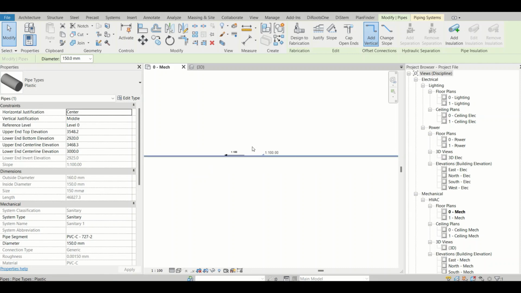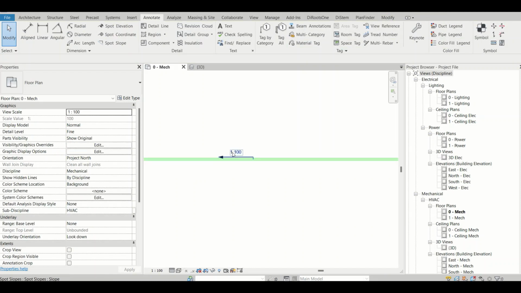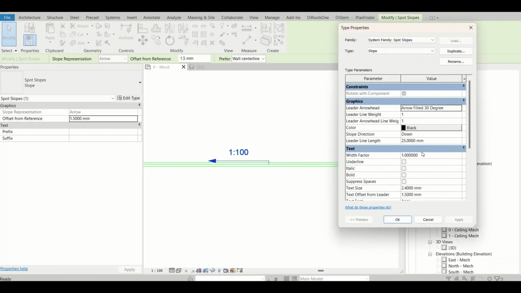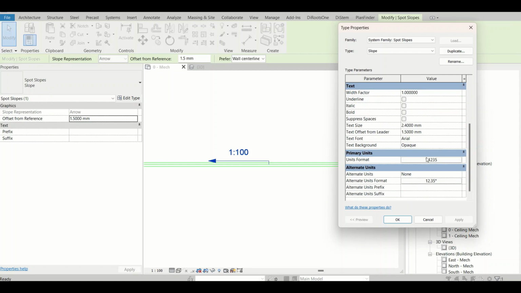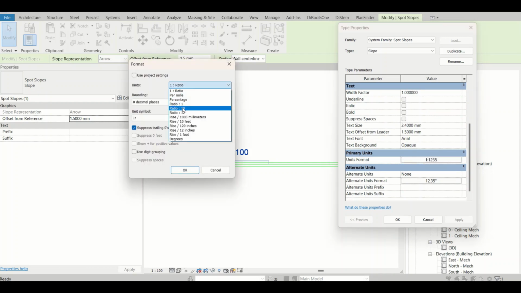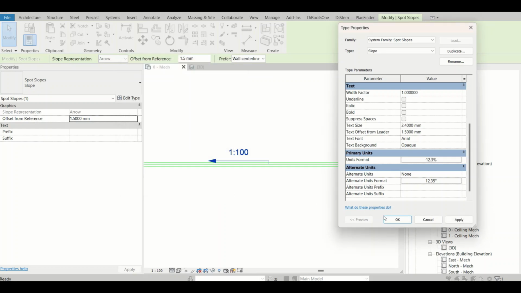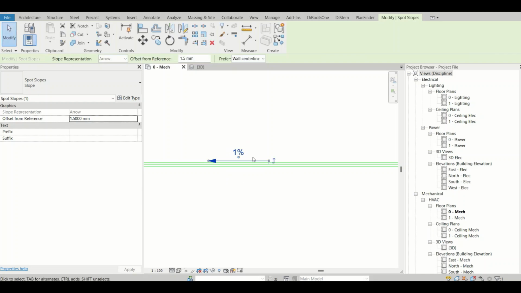The same thing I can change if I want to see it in percentage. How can I do that? Click the tag, Edit Type, scroll down, and change the units to percentage. Right here let me go with 1 decimal, depending on your requirement. One decimal will be fine. Percent, okay. This is important because of the decimal, because if I go with a 0.5% slope,